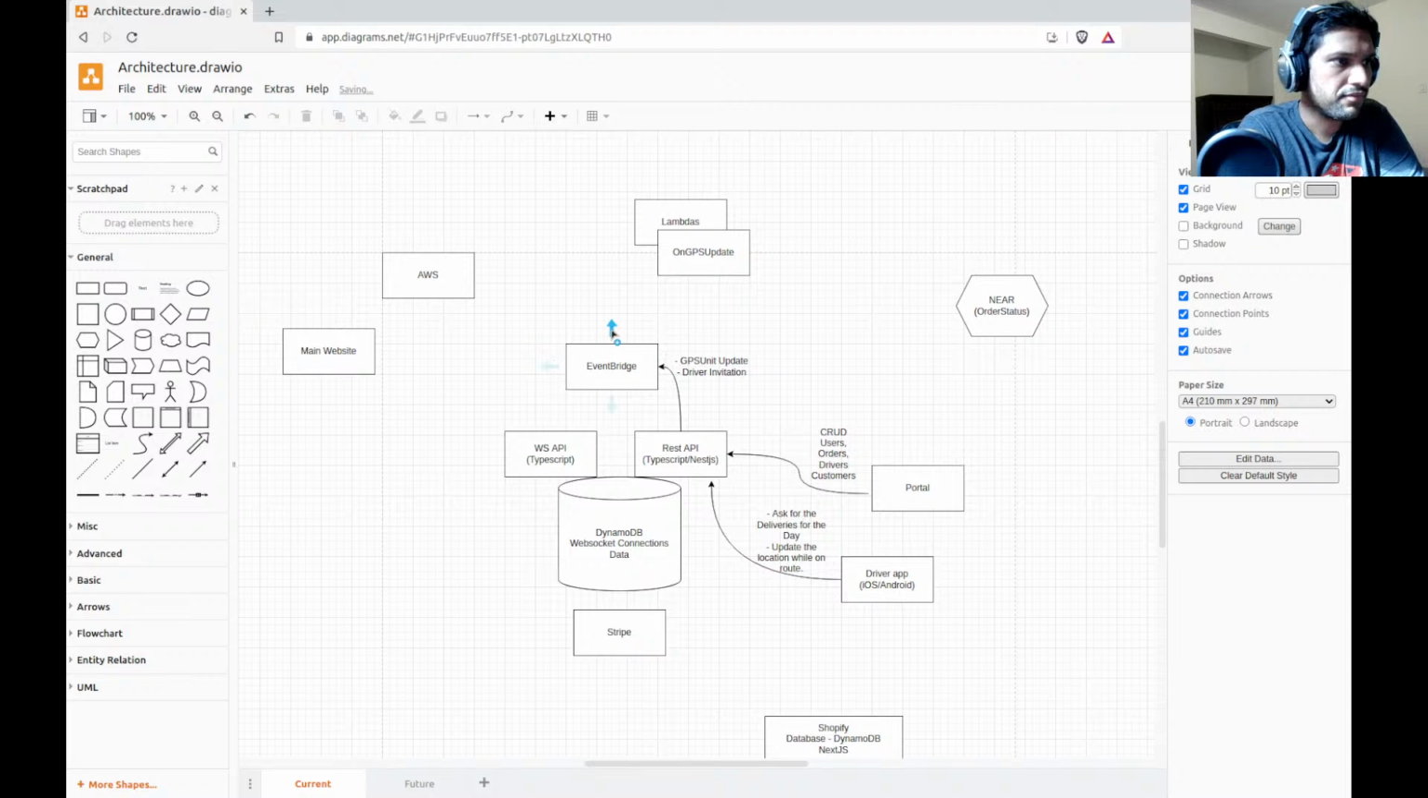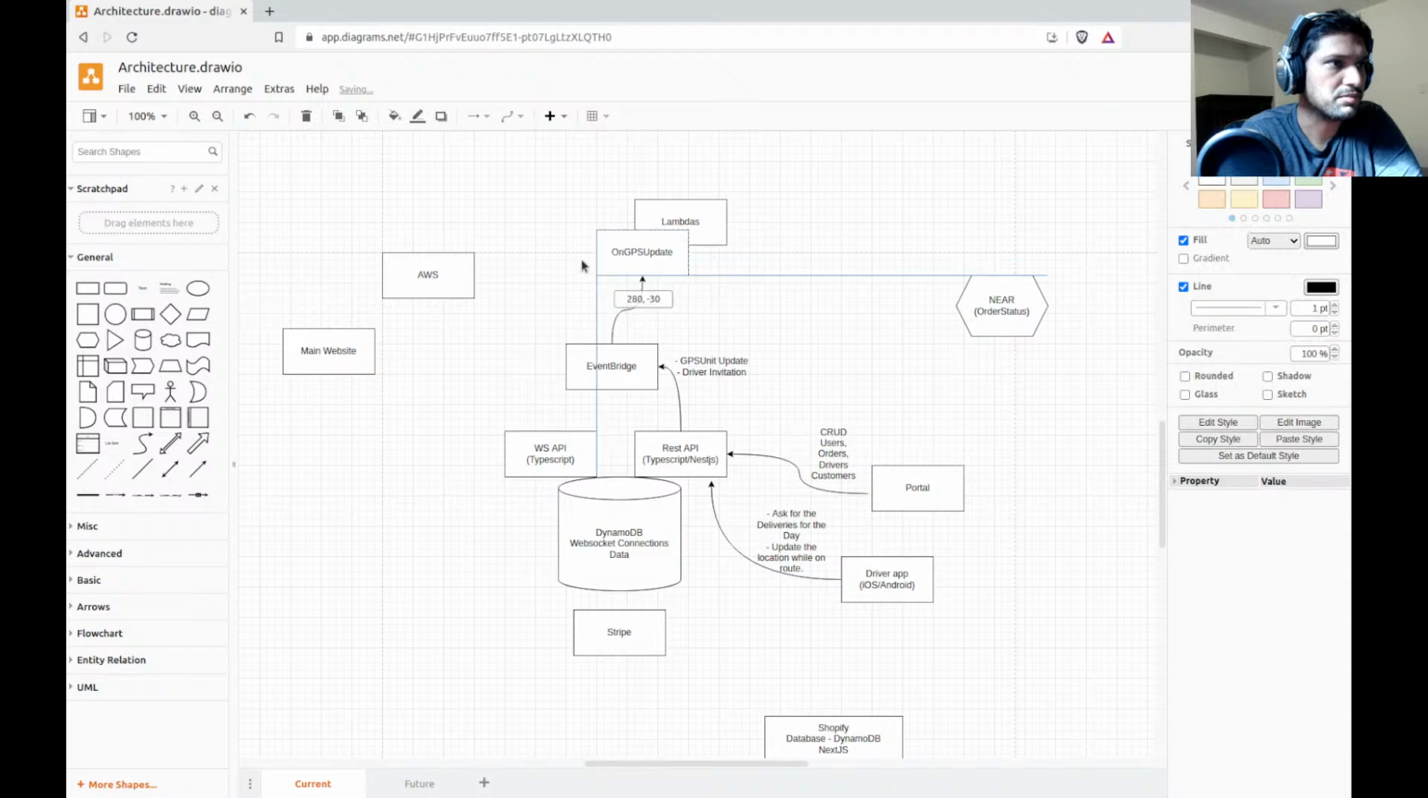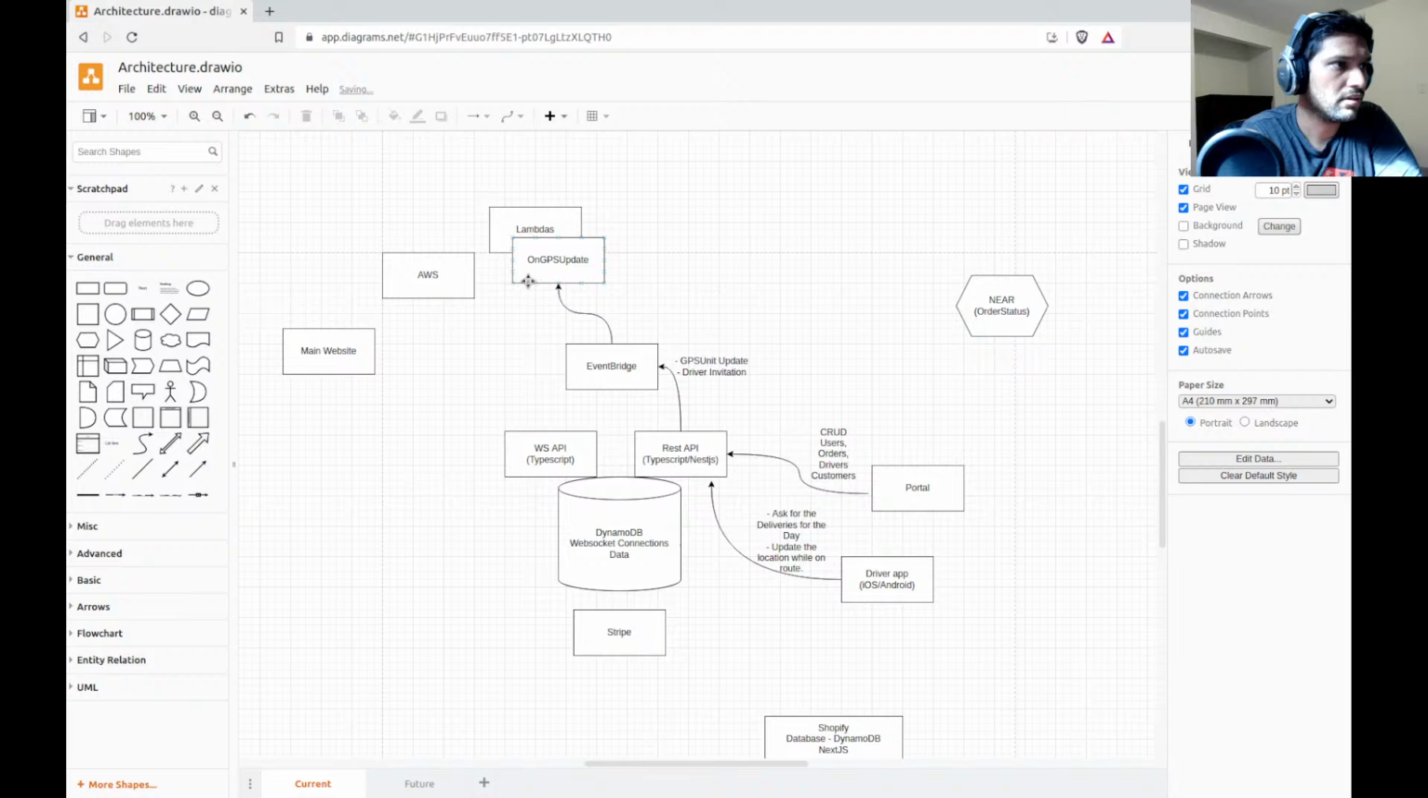The way Event Bridge works is it takes in an entire JSON object, and you have certain rules. If a part of that JSON object matches a rule, you can connect it to an endpoint. And in this case, the endpoint is the Lambda that's supposed to run whenever the GPS unit update has been detected. It doesn't have to be for one driver, it can be for anyone. The fact that the location has changed just triggers this Lambda. And one of the jobs of this particular Lambda is to call the